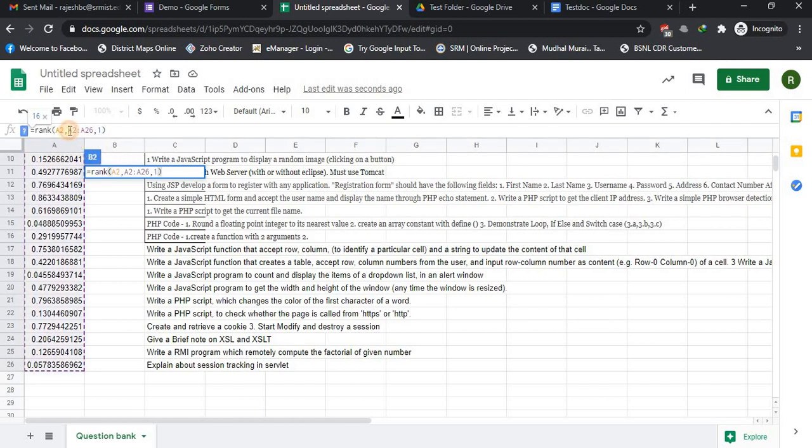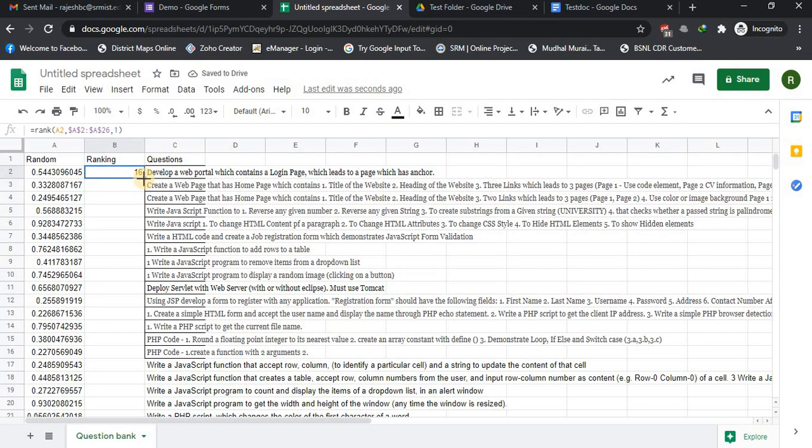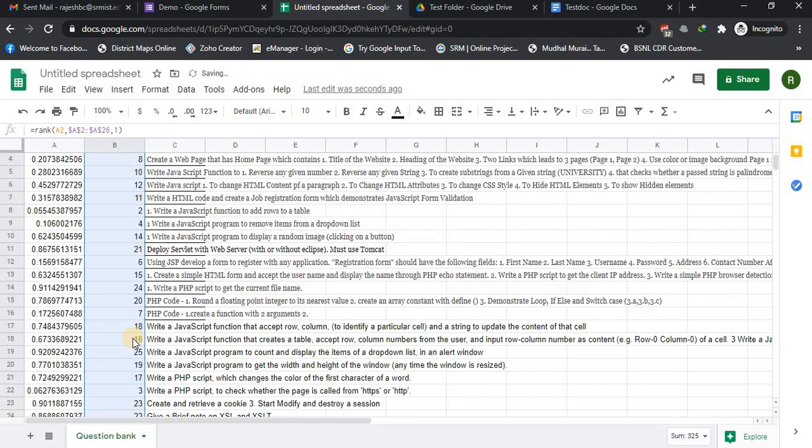Then I lock everything with the dollar symbol, locking all the cells. So the rank function is done. Now I'll drag it, so out of 25 questions we are ranking now.